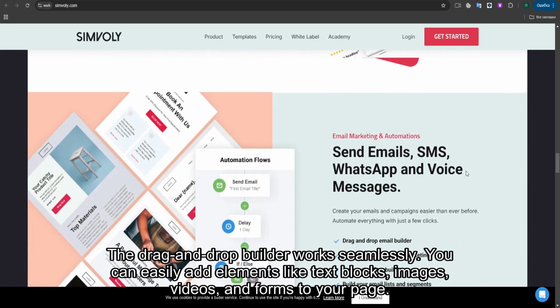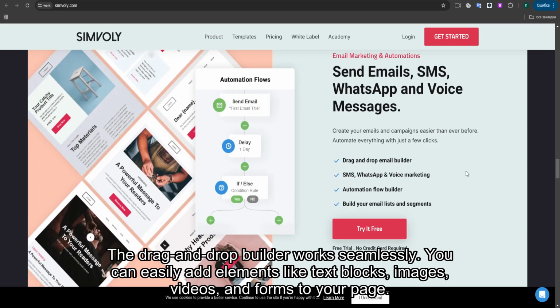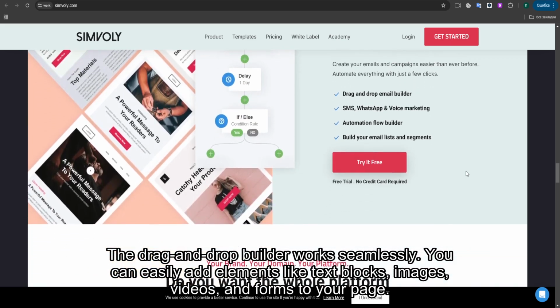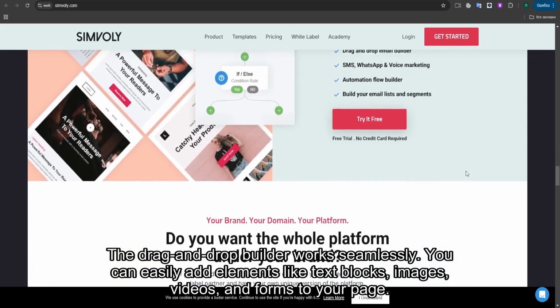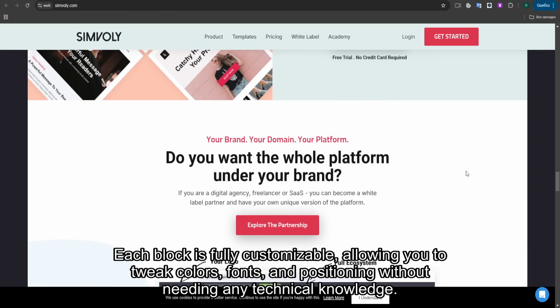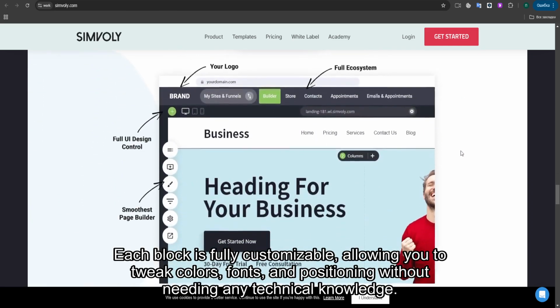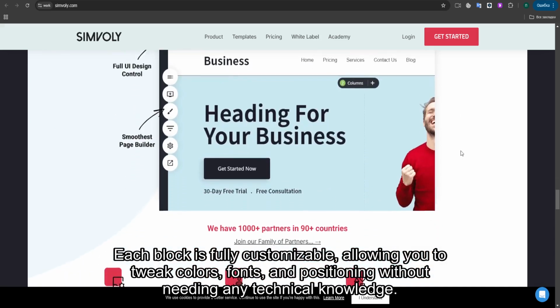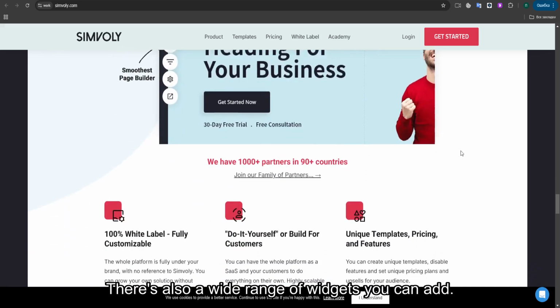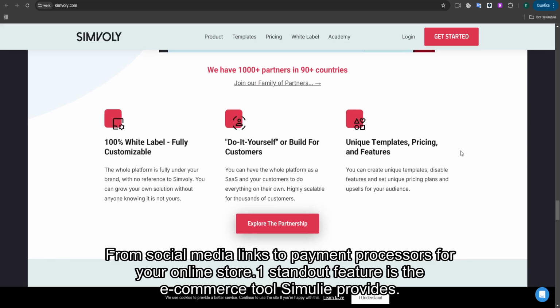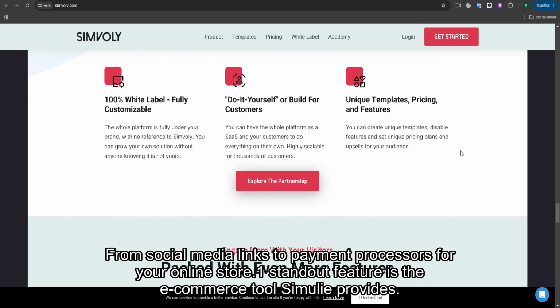The drag-and-drop builder works seamlessly. You can easily add elements like text blocks, images, videos, and forms to your page. Each block is fully customizable, allowing you to tweak colors, fonts, and positioning without needing any technical knowledge. There's also a wide range of widgets you can add, from social media links to payment processors for your online